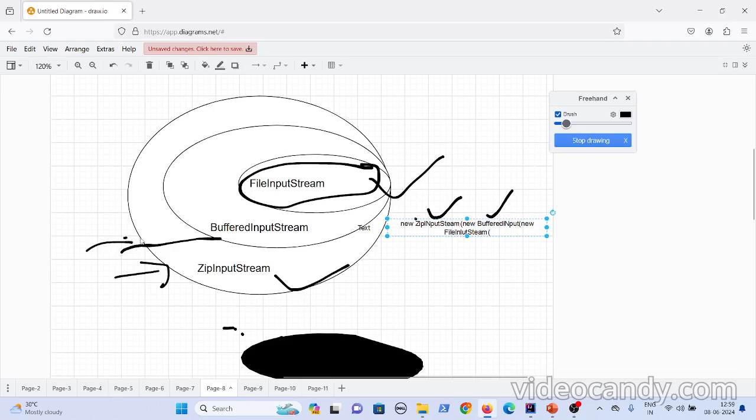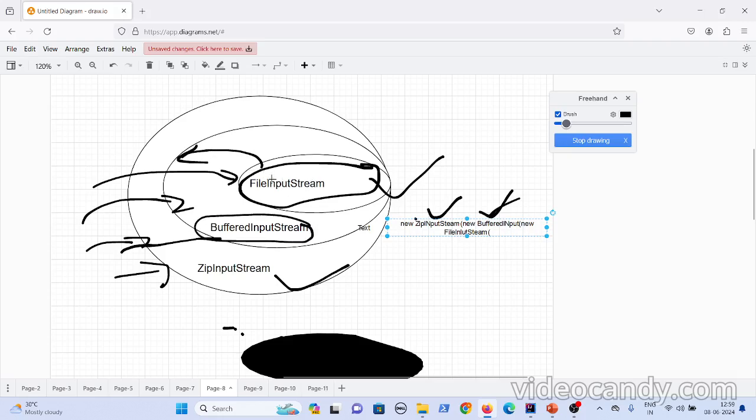First the request goes to the ZipInputStream, then it gives the input to the BufferedInputStream, and the BufferedInputStream gives it to the FileInputStream. FileInputStream does its processing and returns its output to the buffered one, which adds a few additional things to that output. This is passed to the ZipInputStream, and it adds its own functionality.